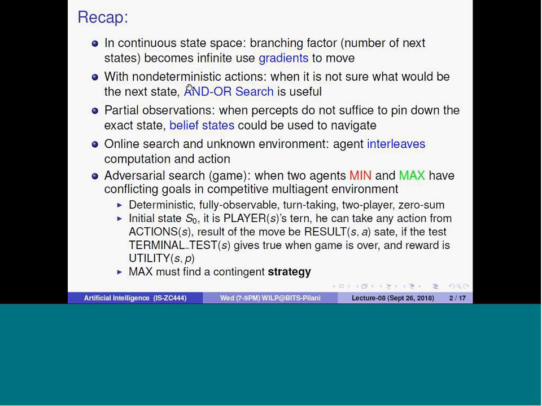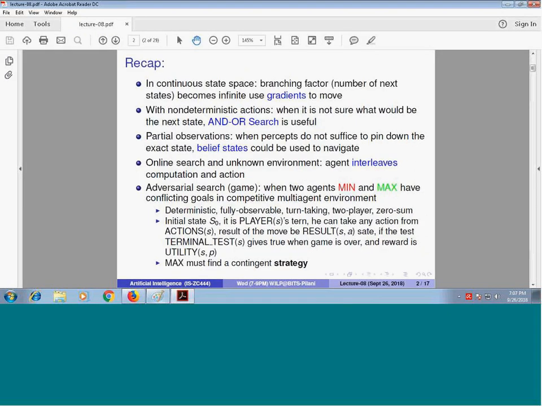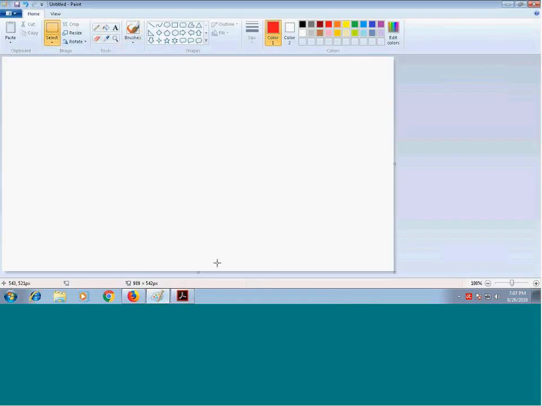We had an example where we had a vacuum cleaner that, when asked to do a suck operation, also cleans the nearby rooms. So we think that we are going to this particular state when we take this action, but it may be possible that you reach other states because other possibilities are also there. So in those scenarios, we have seen that in non-deterministic environments you have to go for the AND-OR search, and this is a very important point. I just want to tell you once again what the AND-OR search is.